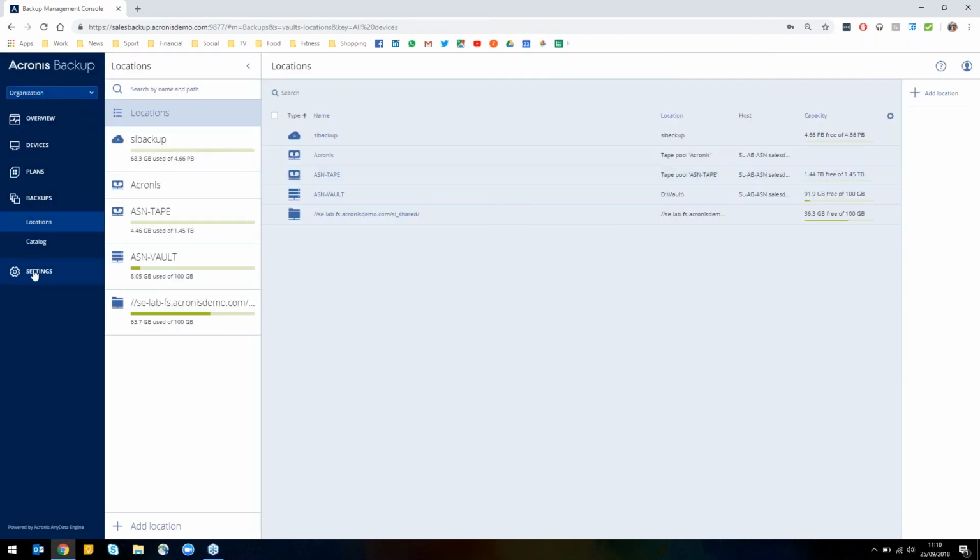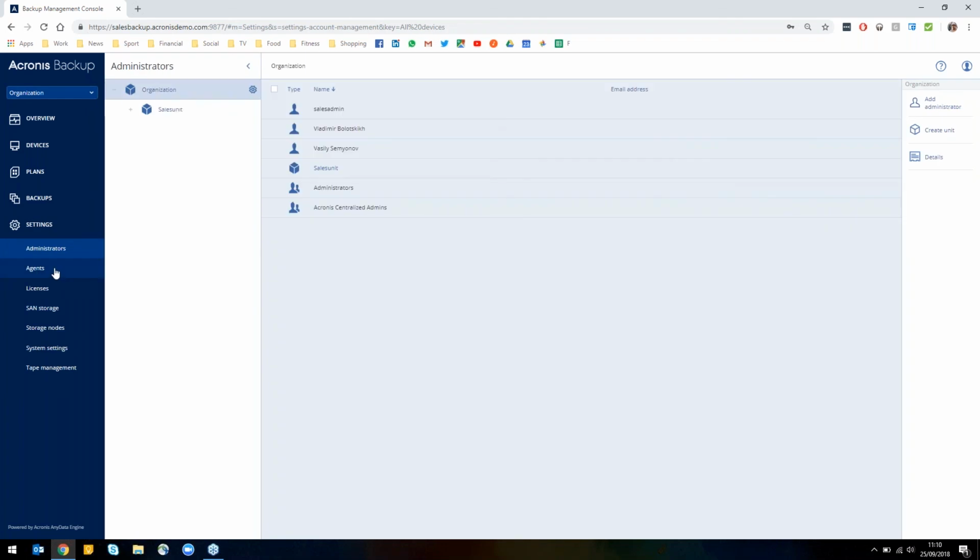And finally, if you go into settings, what we've got is things called organizations. And then from there, let's say you're the overarching organization, you can actually create other units. So let's say you've got your HQ in Birmingham, and then you can also have your Manchester and London offices. What you could also do is, if they have their own IT manager within that office, you can